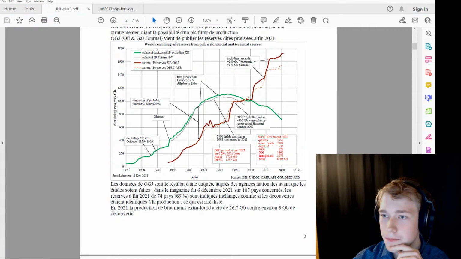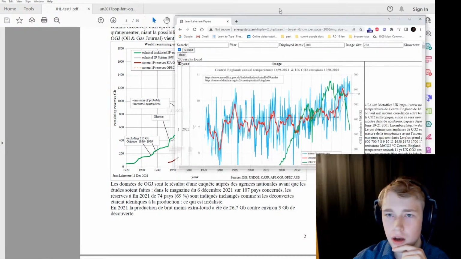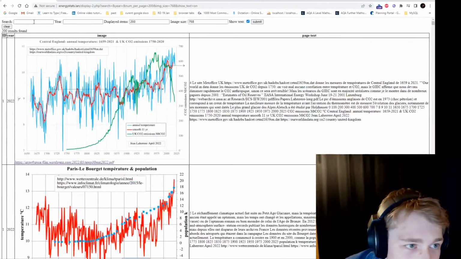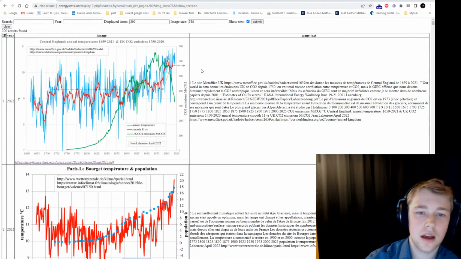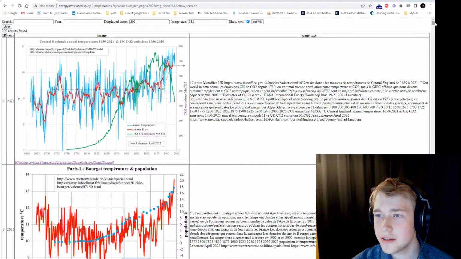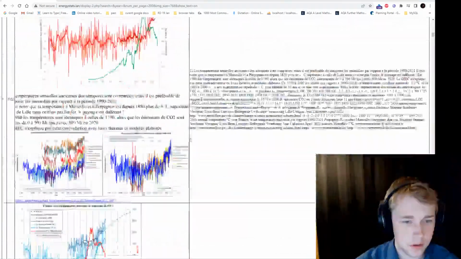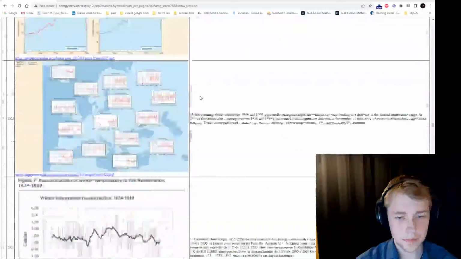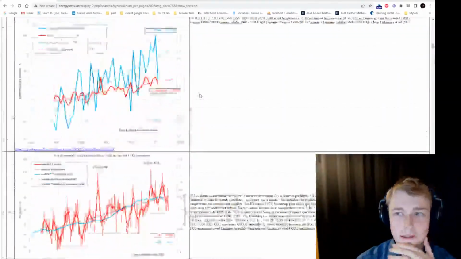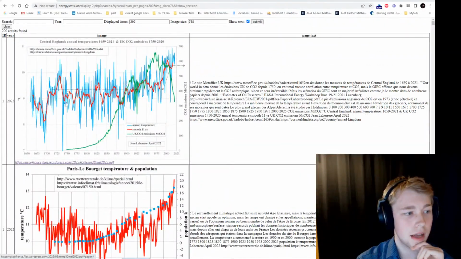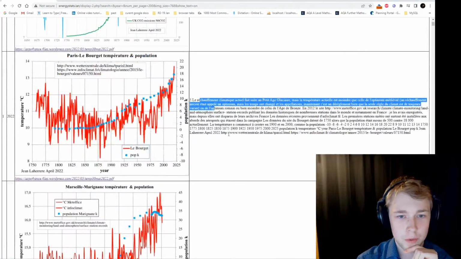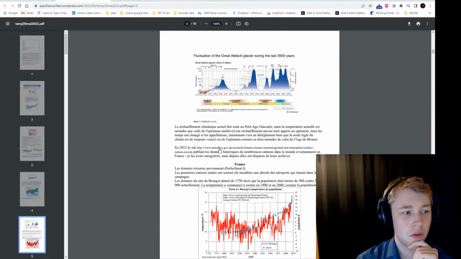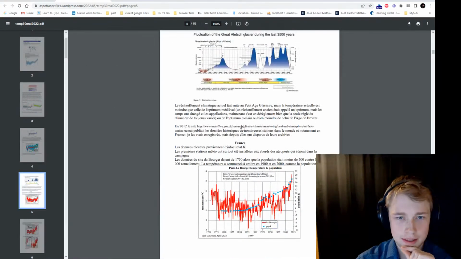And I've built a website which you can see here. I've built a Python script to do this, but it has some problems which I will show you. But it basically works at the moment. This is a work in progress, but it spits out a bunch of graphs along with the associated text, and if you click on them, then it jumps you to the website where the graph was, and then you can look at it,